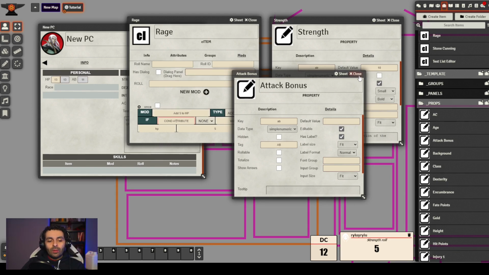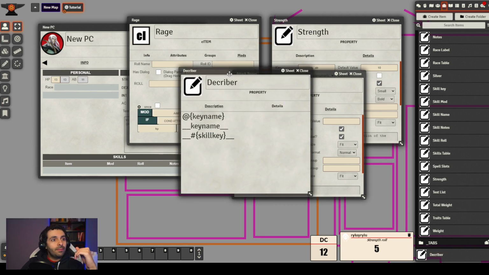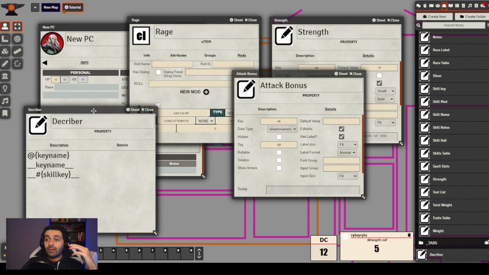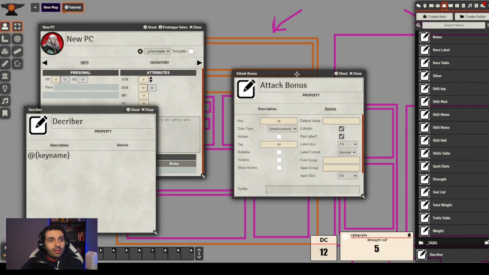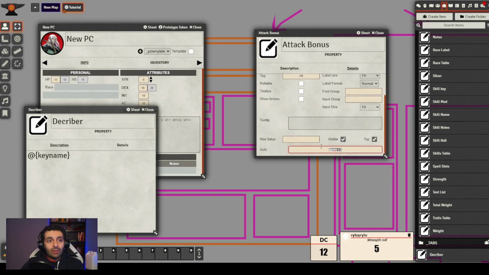So what types of role expressions do we have? We have many types of role expressions, but we're going to look at them little by little. I'm going to use this property here that I created in another tutorial to write down the different types of role expressions. So let's start, and let's do it with this property. We're going to use the auto field.